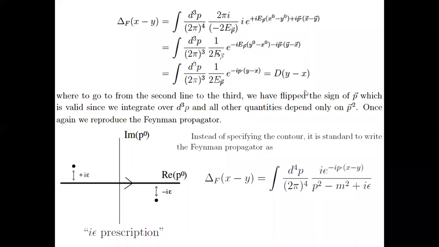So we can really represent the Feynman propagator using this integral. Now since we are specifying a particular path to make this propagator justified, we can do one more thing. We can take the limit epsilon tending to 0, and we simply take this i epsilon prescription where the poles are shifted slightly below and slightly above, in the fourth and the second quadrant, and we get the same result again.